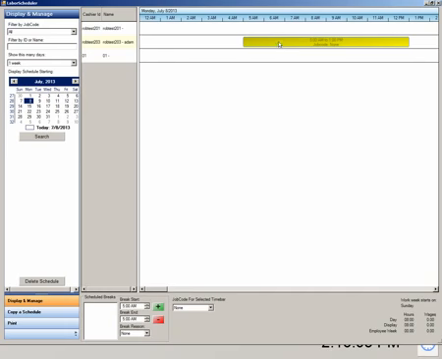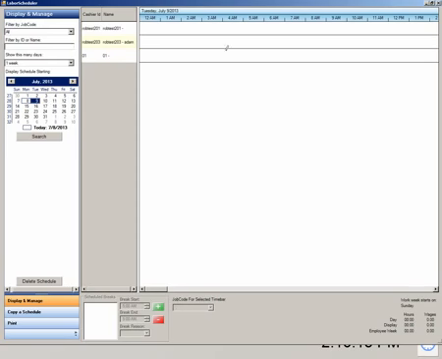As you can see, I'm now working on the 8th, 5 a.m. to 1 p.m. Now, very strange. In order to save your changes on the screen, you must hit search. Okay, and now let's say I want to make a schedule for the 9th. I can do the same. Highlight my employee, start at the start point, and drag it to the end point. Hit search, save my changes, and now I have schedule set for the 8th, and I also have a schedule